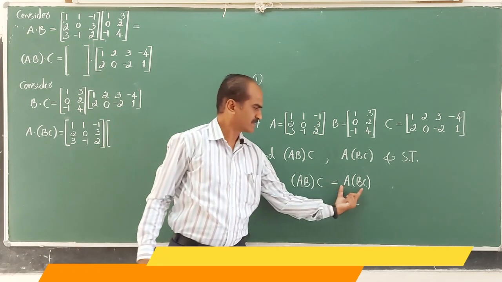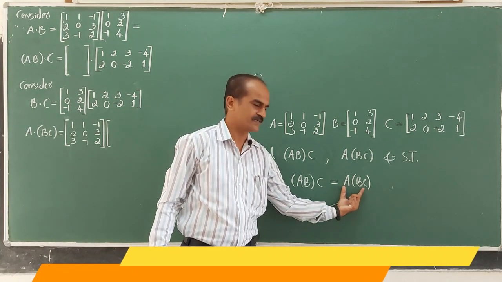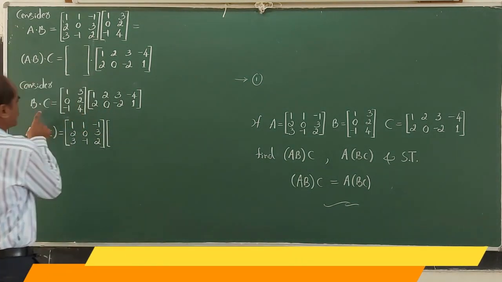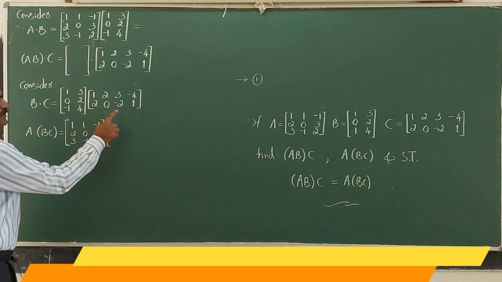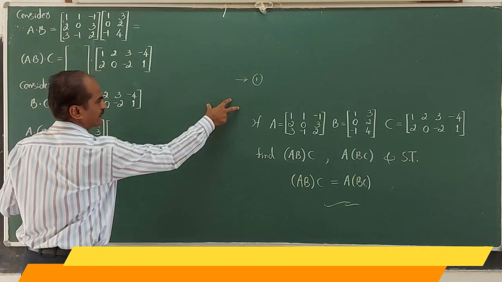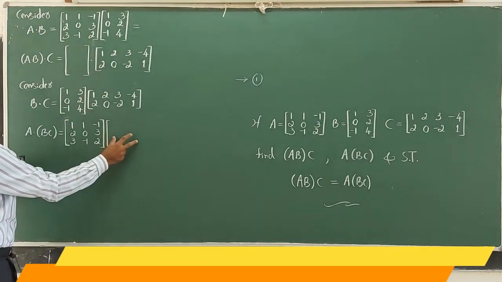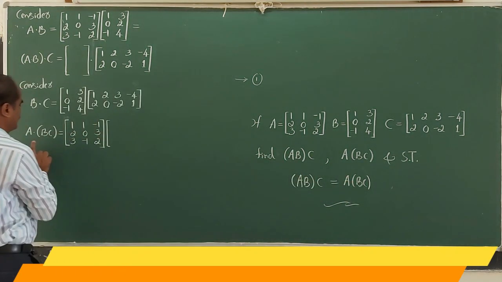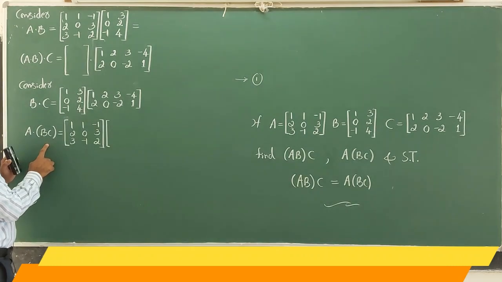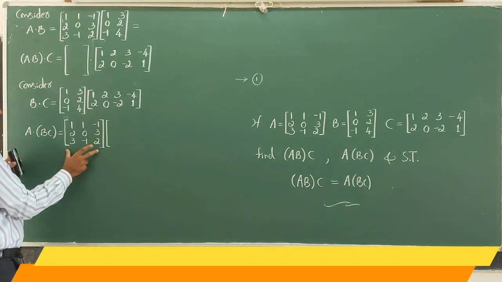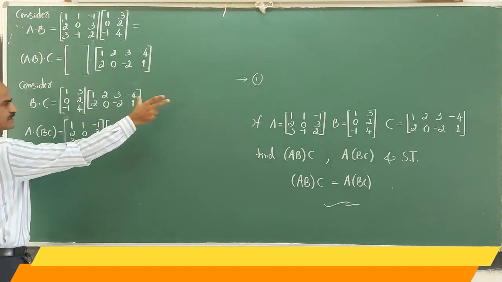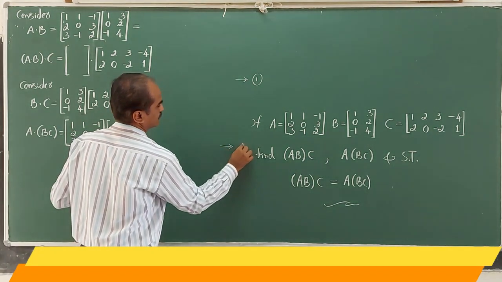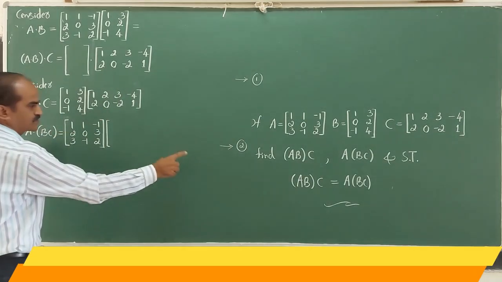Next, the RHS part, I have to find A into BC. For that, we will first find out BC. That is why I considered B into C. Now I have to multiply this. After multiplying, you are going to get one matrix. That matrix has to be multiplied with A, because here A into BC is there. A is known, that given matrix. BC I have to find out, and that resulting matrix I have to write here. Then multiply these two, and you are ending with another matrix. Now mark this as equation 2.